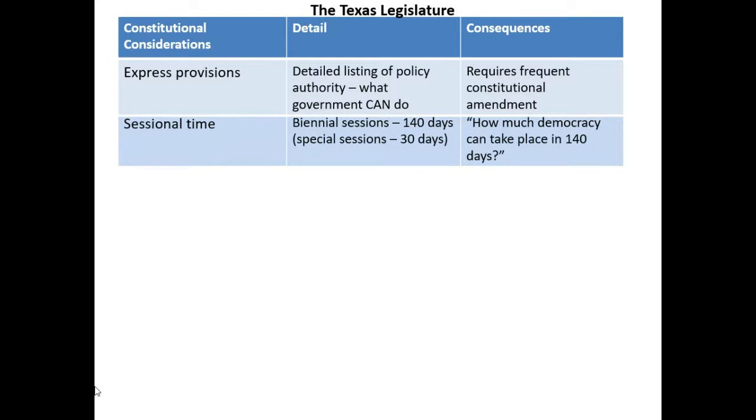You may recall that the Texas legislature meets in biennial sessions. What does that mean? No, that would be biannual. There's a difference. See the difference that one or two letters can make? Biannual versus biennial, right? Biennial means once every 2 years. So in odd-numbered years, and we're currently in an odd-numbered year, 2021,